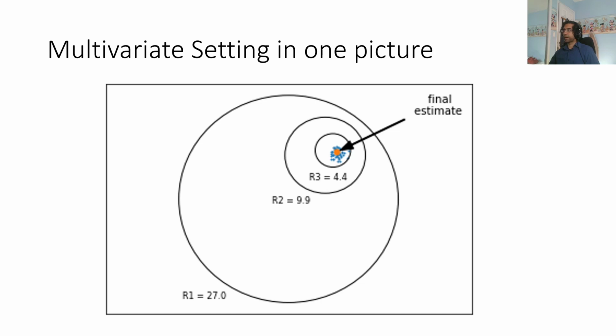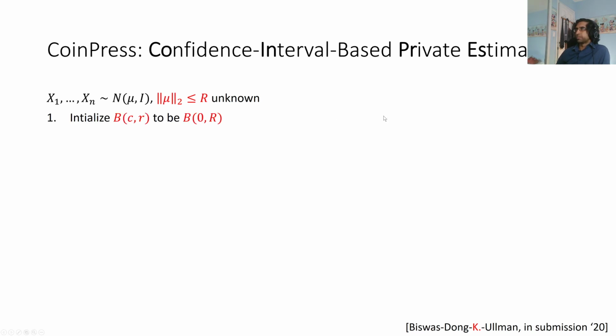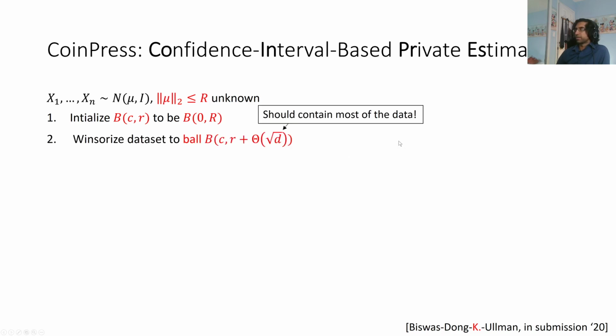Good. And let me show you the algorithm in comparison to before. I'm going to flash it up again, but we're just going to highlight the differences with the previous one, in the sense that we're going to color the differences in red. So once again, we're going to have that the mean is bounded above by r. Instead of initializing the confidence interval, we initialize the ball to be sort of where the mean lies, which we know beforehand.